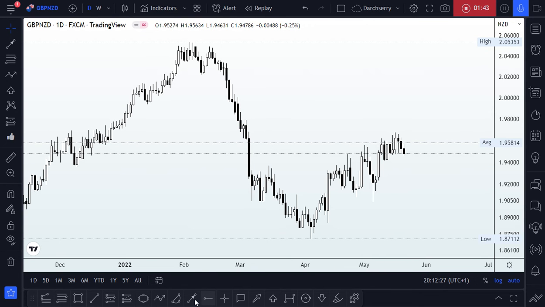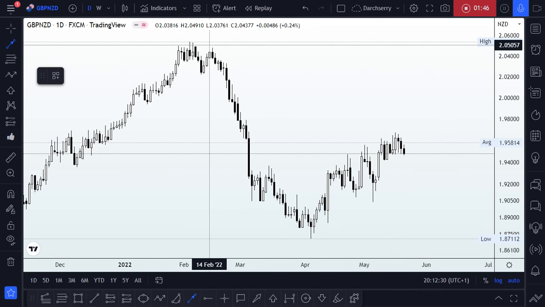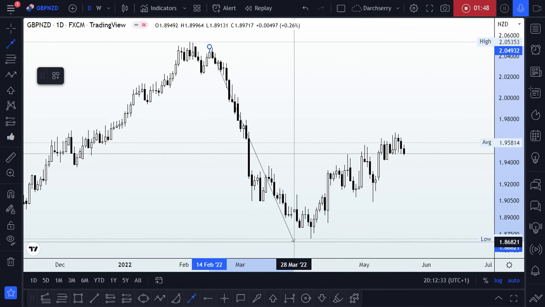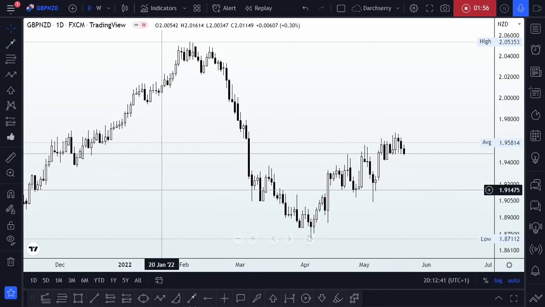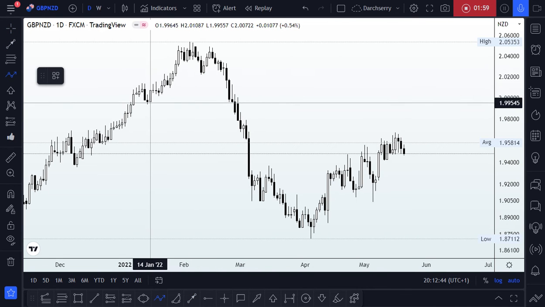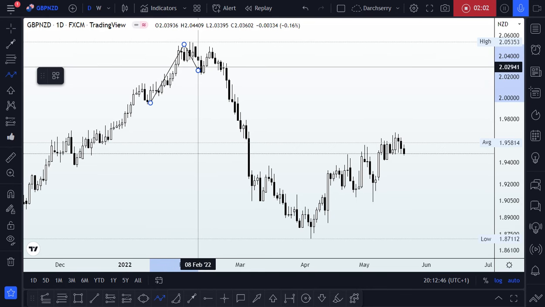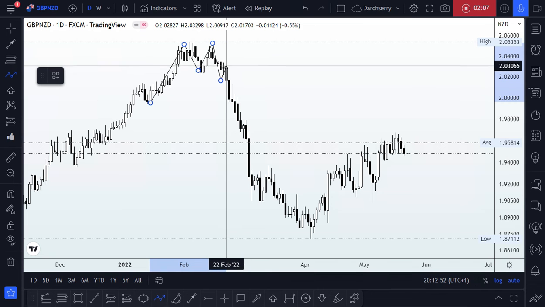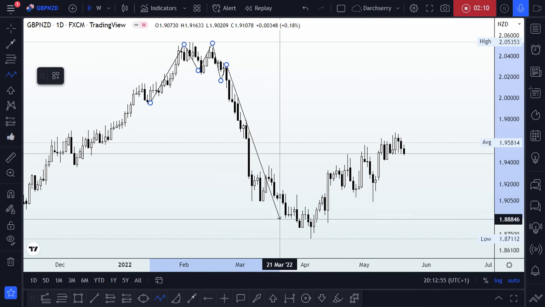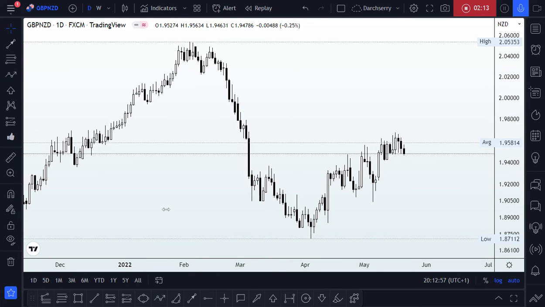So the first thing we want to look at is that there is a possibility that the impulse leg will start from here into this area, or probably the impulse leg starts right after the breakdown of this neckline, which is the neckline of a double top structure that we can identify here on the daily time frame. It looks more like this. If you see, we have a double top structure here, hence the breakdown of that neckline. We saw price do a rejection of that structure before we saw the move to the downside. So we have two ways we can look at this, because we understand that after every impulse leg there is a retracement phase